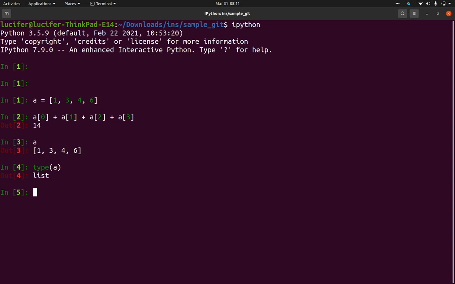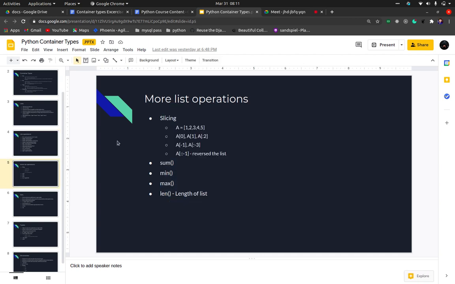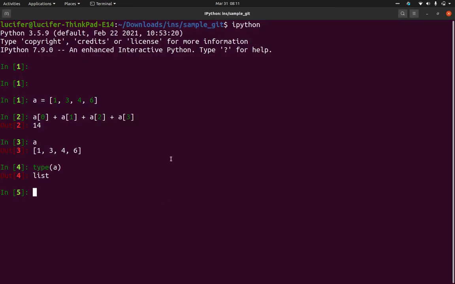But there are some certain functions, okay. list is a function, and we have minimum, maximum, length, okay. These are functions which will not be called on any particular object, they can directly be called like this, list, okay. Inside this we will pass some values. See, with a method it was A dot append, we pass some value like this, okay. But functions will not be called like this, we will just call functions directly like this, okay.